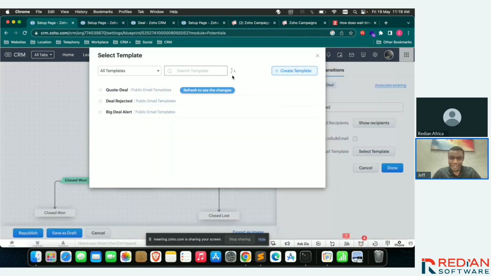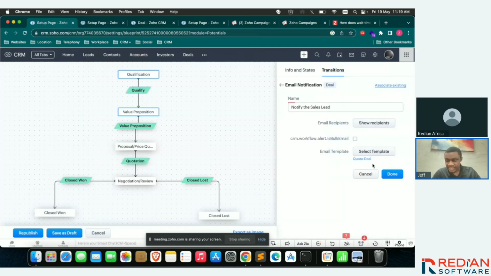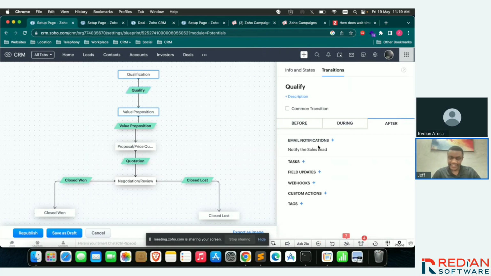All right, so for the purpose of this demonstration, I'll just use one of the templates that I have. I'll just use this one. I've selected that template, and then done. So basically, an email is going to be sent